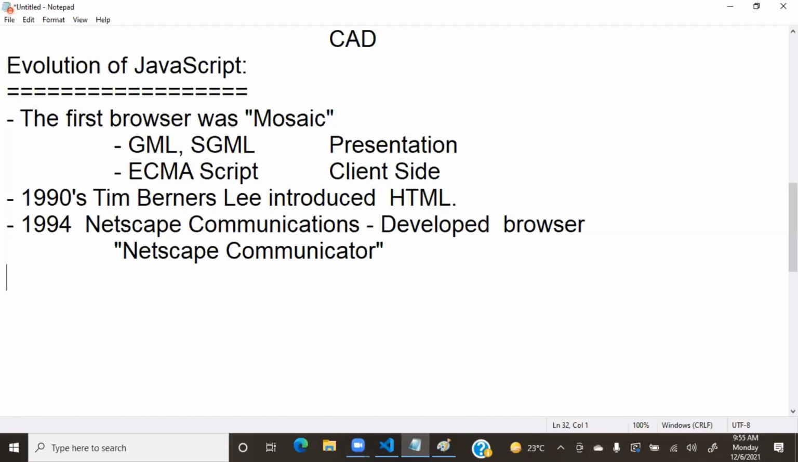And Netscape started using HTML. That means the markup language was HTML, for presentation, and they started ECMAScript. But ECMAScript was not designed for HTML, so it was facing problems in handling HTML. That's the reason. So what happened is